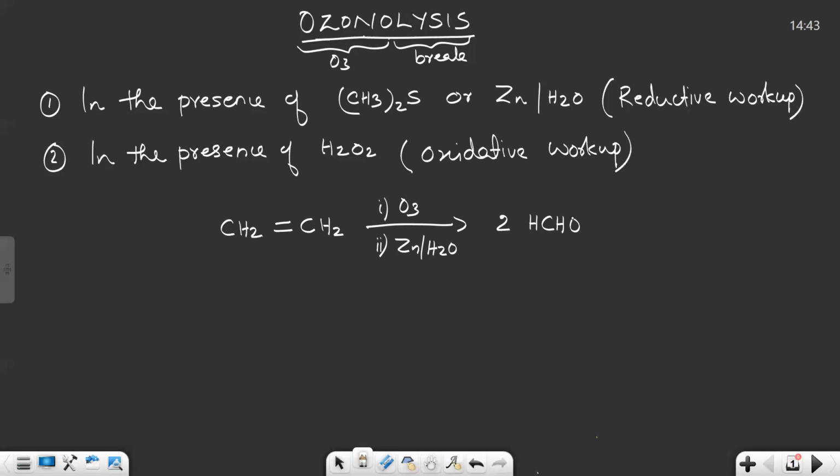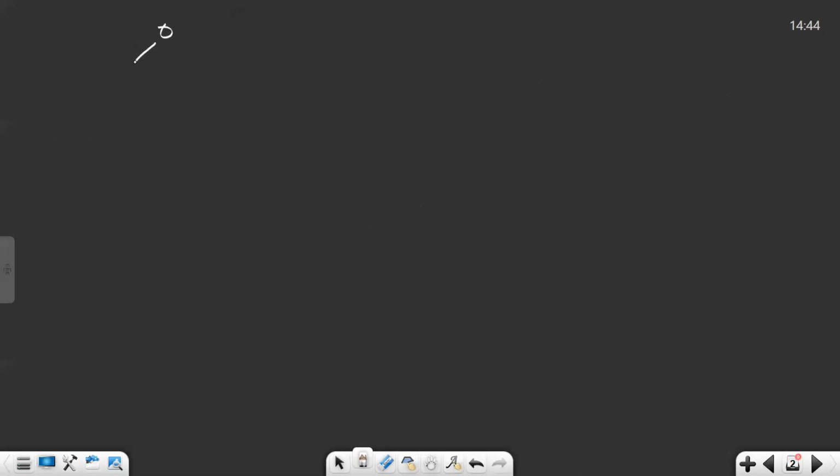Now, how do we get this reaction? We are doing ozonolysis of alkenes. You know the structure of ozone, right? Oxygen and one double bond, and this single bonded oxygen bears a negative charge and here it bears a positive charge. And if this double bond shifts to this oxygen, then what will be the structure? Oxygen, single bond, oxygen, and now this oxygen has a positive charge and this oxygen has a negative charge.